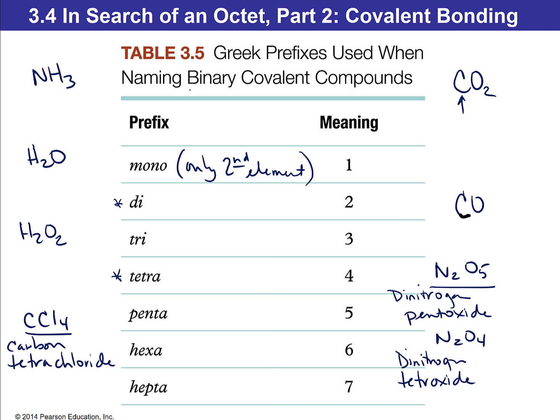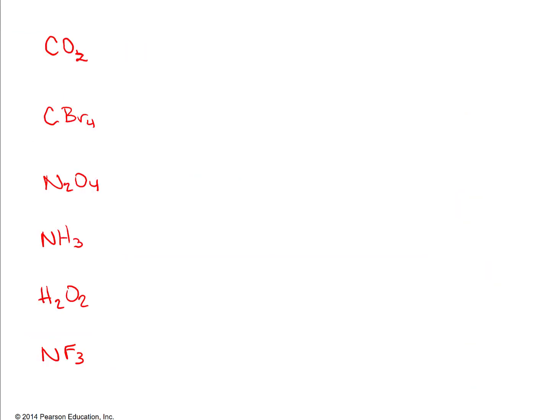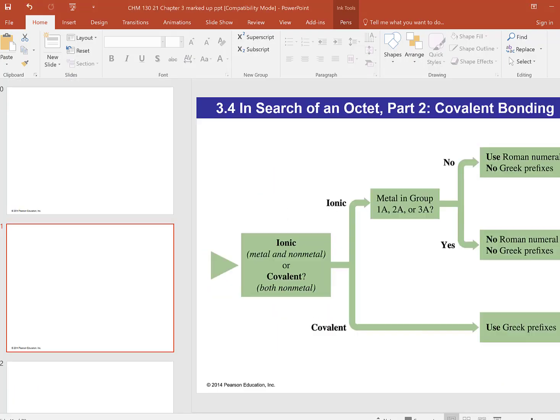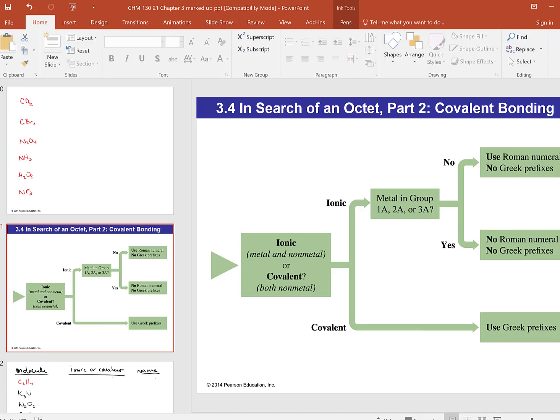Okay? All right. So next time we will do a whole bunch more of these. And we'll also go back over and make sure you can tell ionic and covalent. Then we're going to talk about shapes. We're going to talk about polarity, molecules, and moles. And that'll finish up chapter 3. So it's like one more lecture and we finish that one up. Move on to chapter 4. Chapter 4 is fun. I mean, I like all this, but